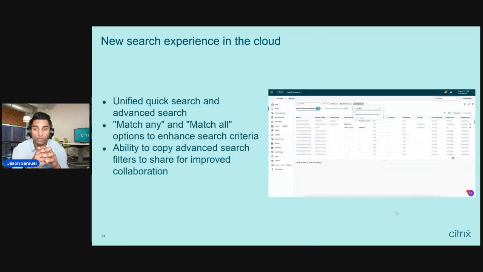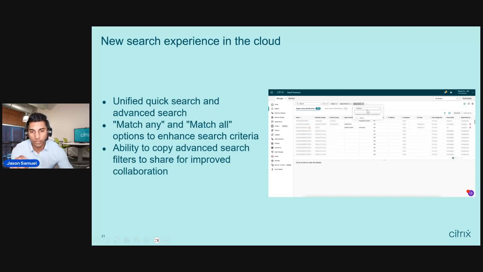We also have a new search experience in the cloud. This is a unified quick search. Search in the past has been a little bit difficult for larger organizations with a lot of machines and a lot of machine catalogs. So now we can do searches with filters, like match any, match all.